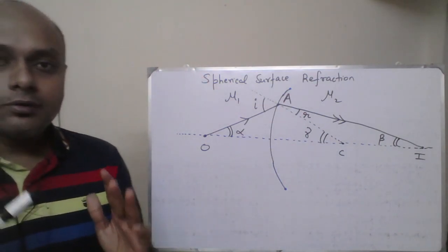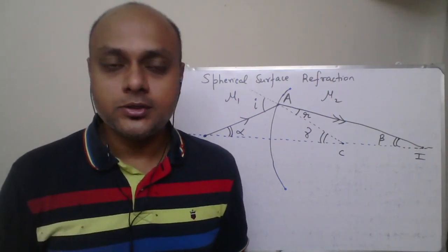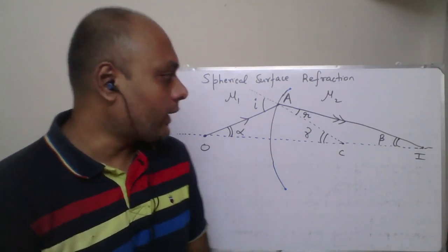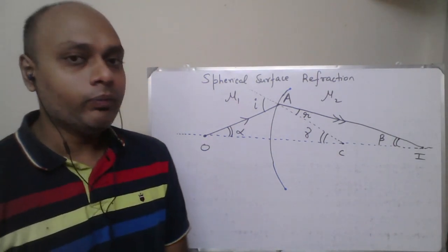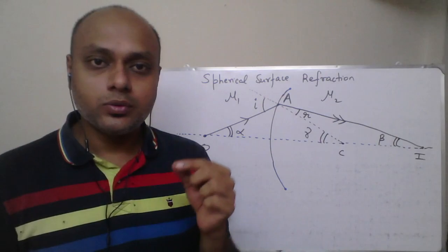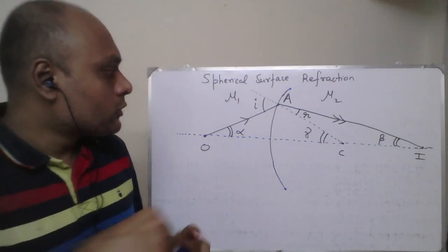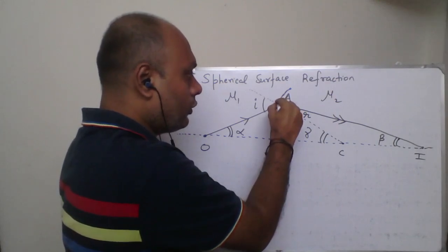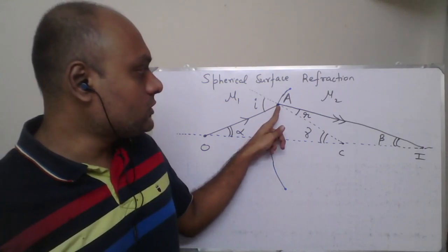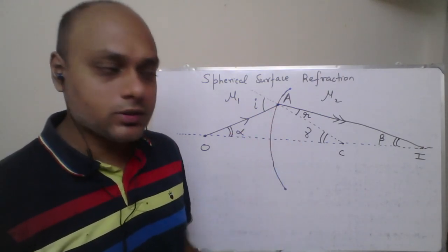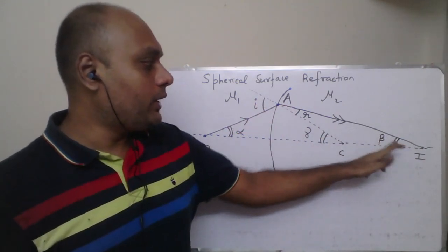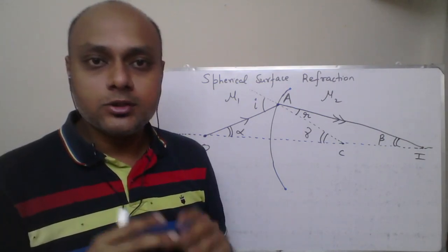Okay, now we are going to make use of some geometrical properties. So when you are going to write these steps, you have to write the reason. You see that there are some triangles which are being generated, and before I talk about those triangles, there is one more construction which we are going to make. From point A, where the point of incidence is, we have said that the aperture is small. So the point of incidence is going to be close to the optical axis. So angles alpha, beta and gamma are going to be very small angles.